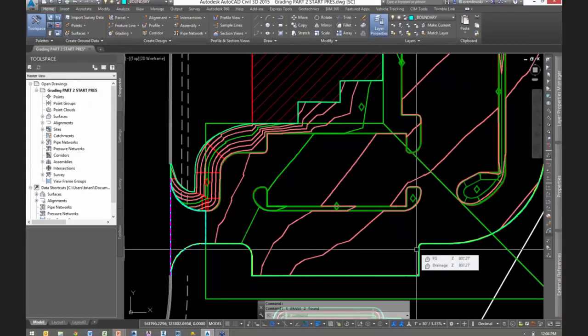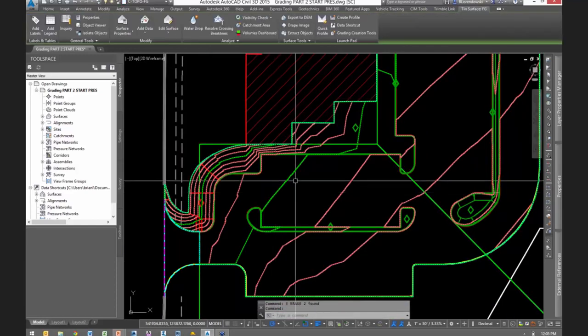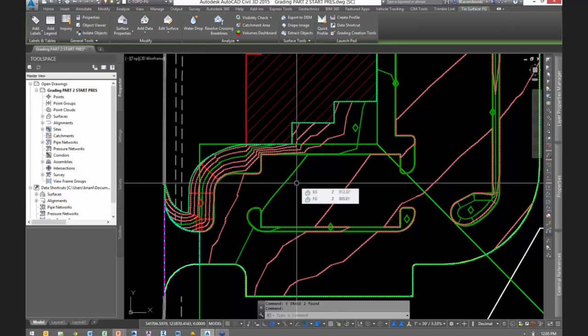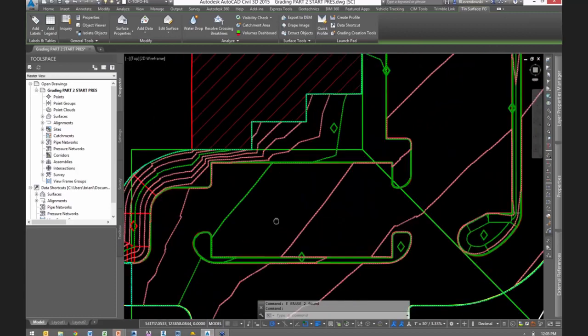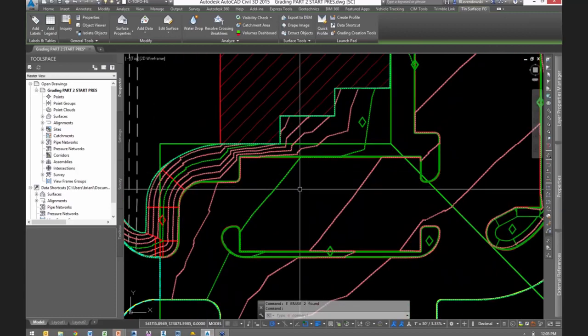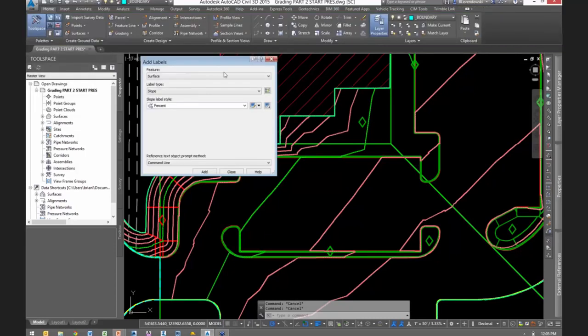So a couple items that were mentioned, comments on last webinar. I just want to cover a few of those here. One was on just surface labeling, spots and contours. In Civil 3D, if you're not too familiar with surfaces, you build a surface model and then all your labeling is automatic. And it comes from a set of surface labels, and we can find those right up here in the contextual ribbon after picking on the surface. So I can pick on Add Surface Labels,